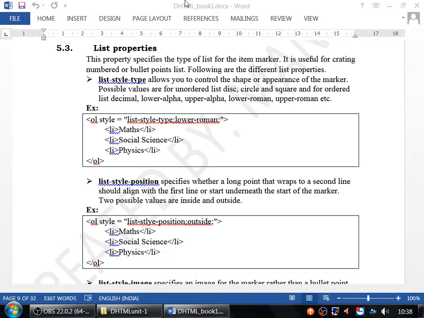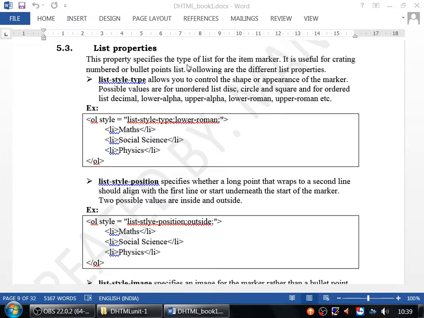That just informs which type of list you want to prepare. But to prepare the list items, we have to use the LI tag. Along with OL, UL, DL, you have to use the LI tag, right? It's a list maker element. Now you can apply properties using CSS. Once you have prepared the list, then you can use the CSS list property. So let's see how to use it.